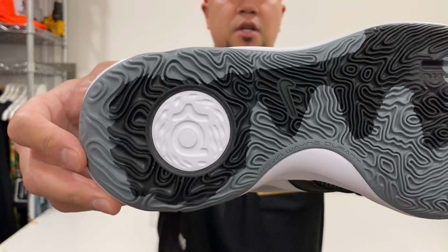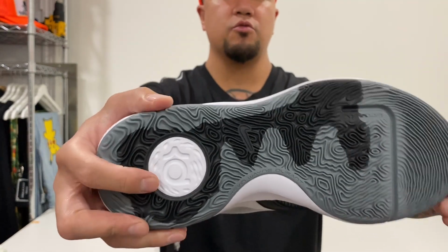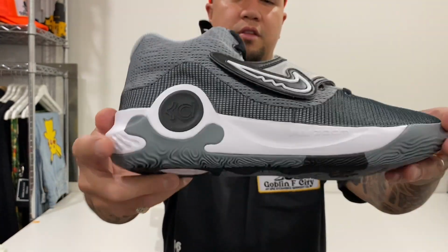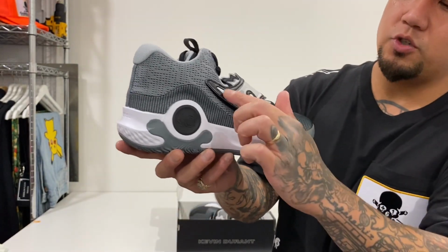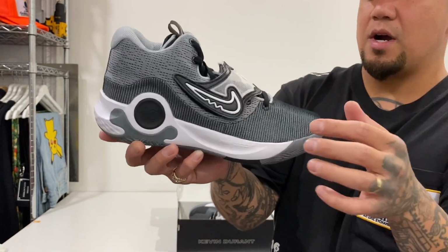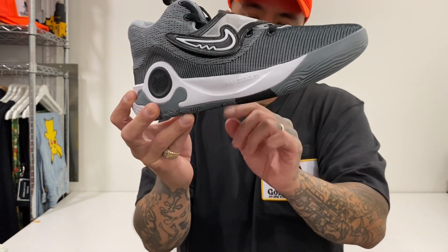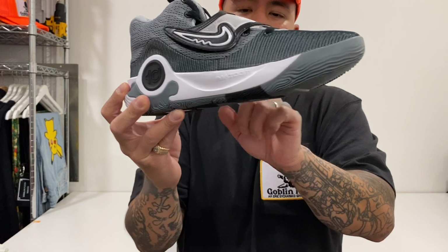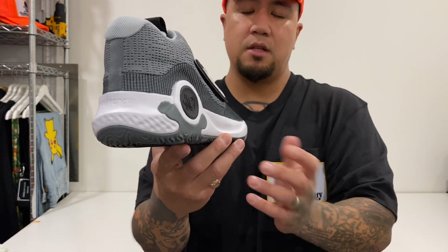That's so crazy. But yeah, the part that's on the ground the most is that really hard rubber, almost like a tire. But yeah, when I saw these, that swoosh is so sick. Anything with a strap is always, for me personally, sick. I remember the dope guys when I was young, a lot of them had